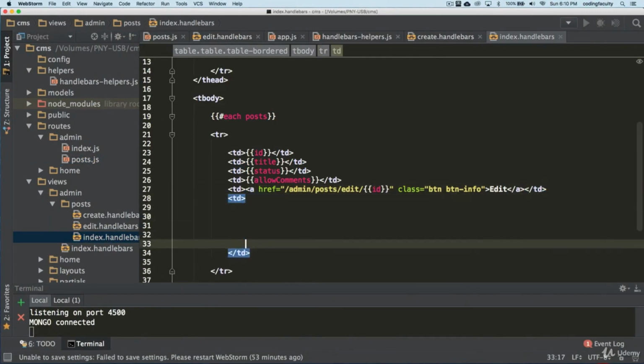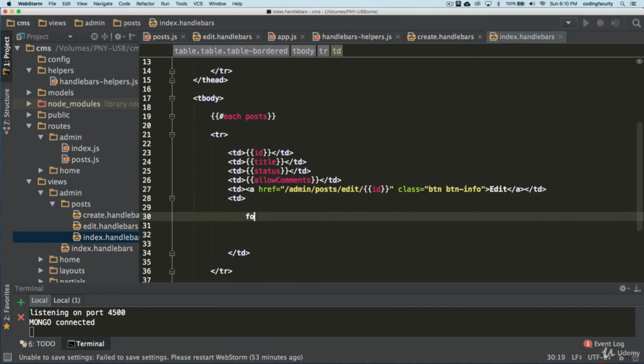Well, what I want to do is create a form actually. This form is going to go to admin posts and we are going to give it the ID of that specific post. Remember, this ID is provided to us in this loop right here.